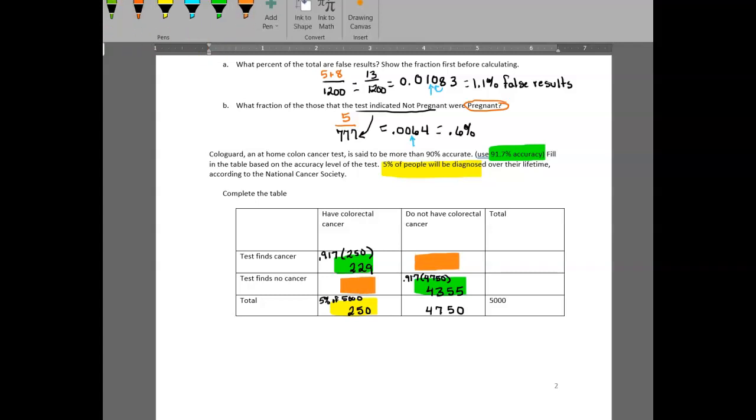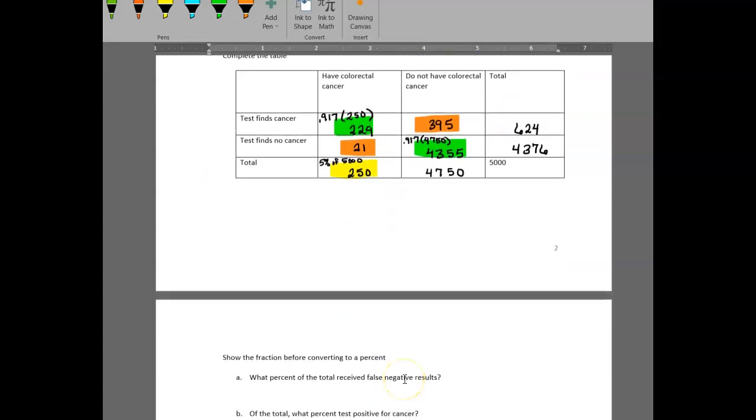And so the difference between 250 and 229 is 21. Difference between 4,750 and 4,355 is 395. We have a total of 624 and 4,376. And then looking at the following questions,